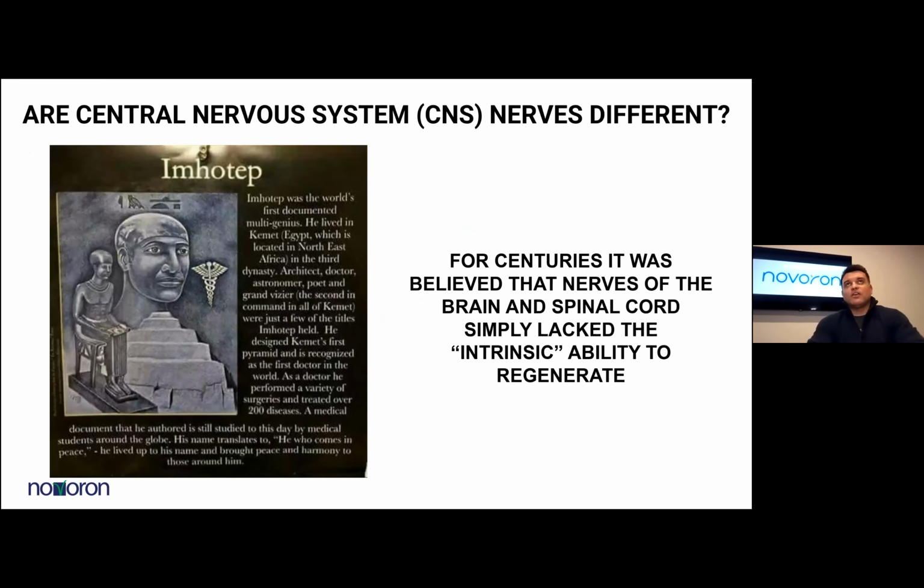Now, the contrast that I've just tried to lay out for you guys is: nerves in your body can regrow so well that they'll actually regrow into other people's limbs if you put them on there, whereas nerves in your brain and spinal cord just can't. Well, why is that? Is there a difference? I bring up Imhotep because he's considered by many to be